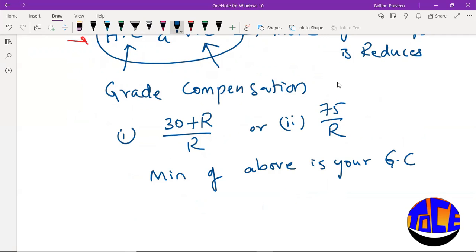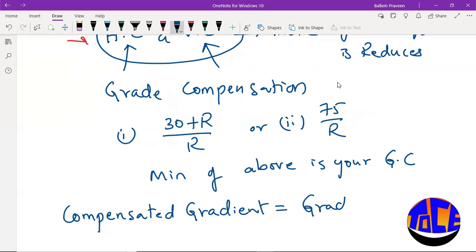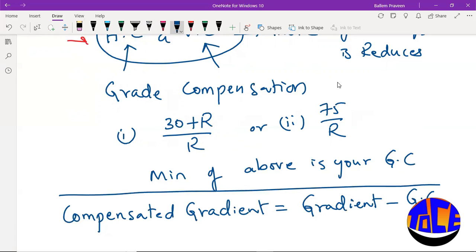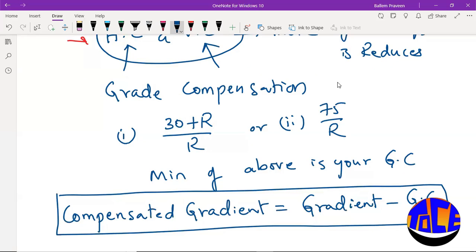At the end we have to provide the compensated gradient. The compensated gradient is equal to the given gradient or designed gradient minus the grade compensation. Remember this: grade compensation is different and compensated gradient is different. Compensated gradient means ఇచ్చిన గ్రేడియంట్ లో నుండి మనం కాంపన్సేషన్ ఎంతవరకు రెడ్యూస్ చేయాలో రెడ్యూస్ చేసినాక మిగిలిపోయిన గ్రేడియంటే ఆర్ ప్రొవైడ్ చేయాల్సిన గ్రేడియంటే